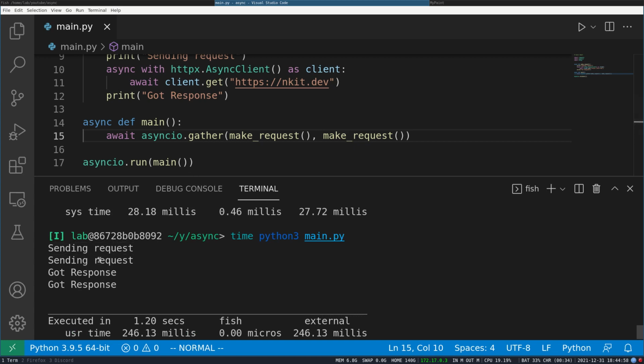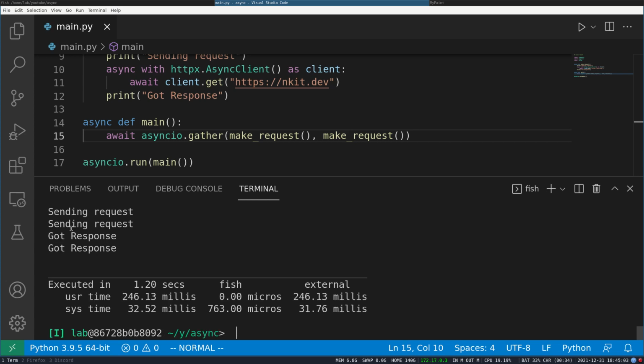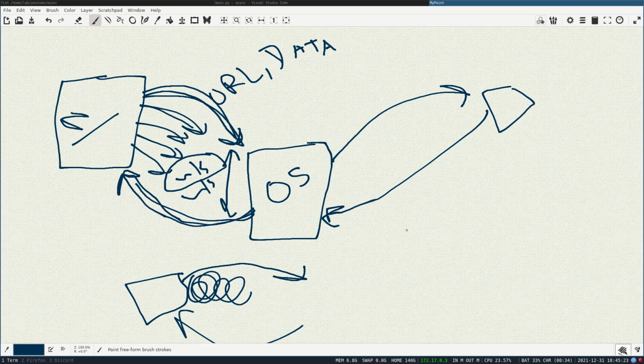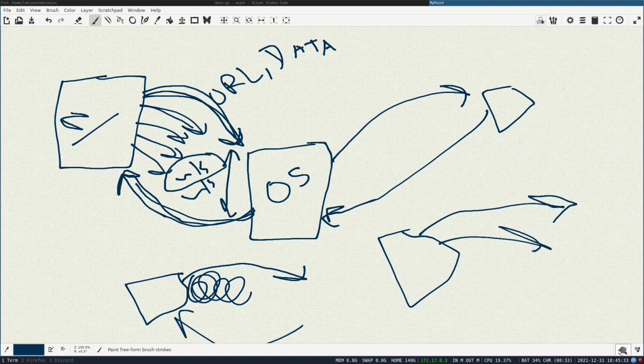So we send the request and then we got the response. You see, before sending the second request we didn't wait for the response, and that is because of asyncio.gather. So we are saying execute these 2 functions concurrently. Concurrently means at the same time. So execute one function, and when it is waiting, execute another one. It will execute the first function which will send the request, and now our first function is waiting. So in that time it will run the second function.